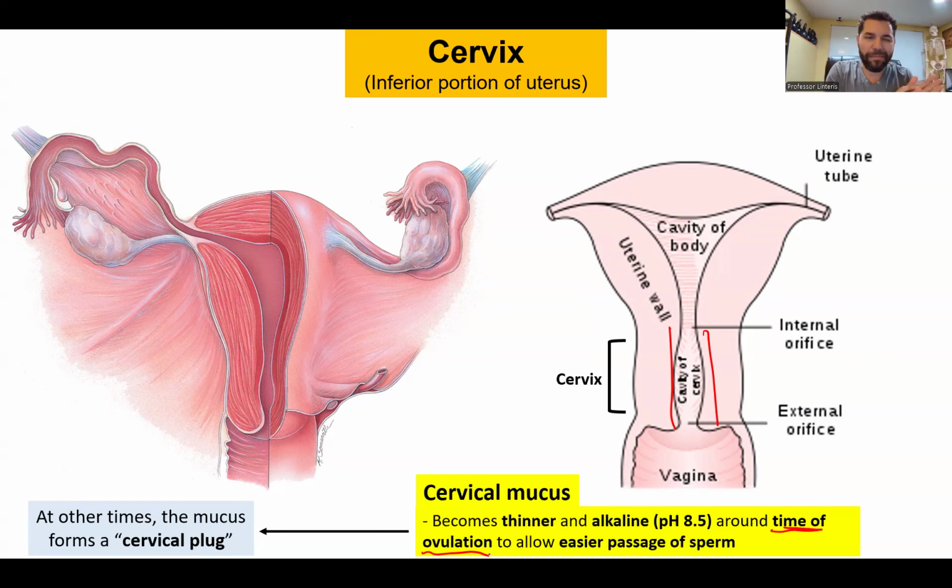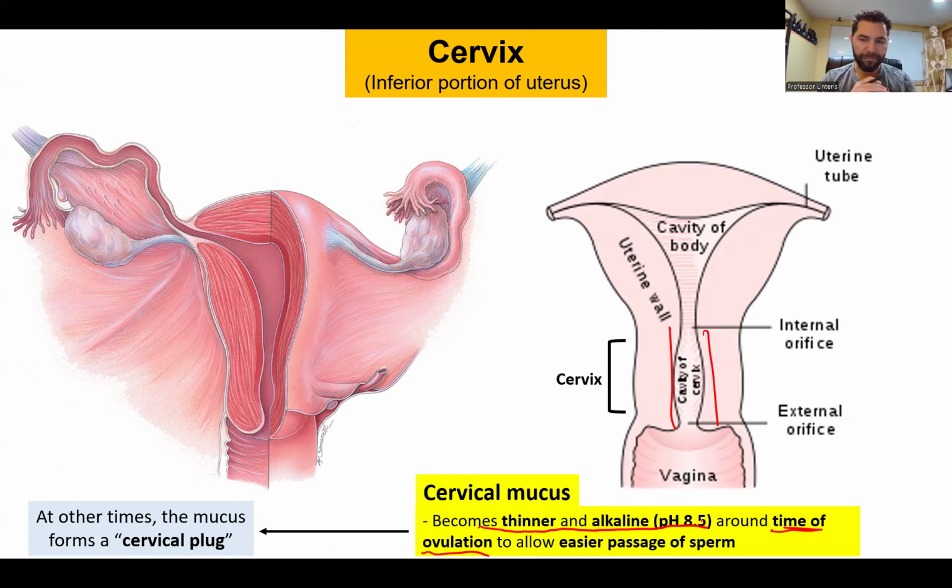Obviously, most individuals are probably not trying to get pregnant every month. Some are, obviously. But either way, the body doesn't know that, right? So it's going to prepare the uterus and the internal environment by